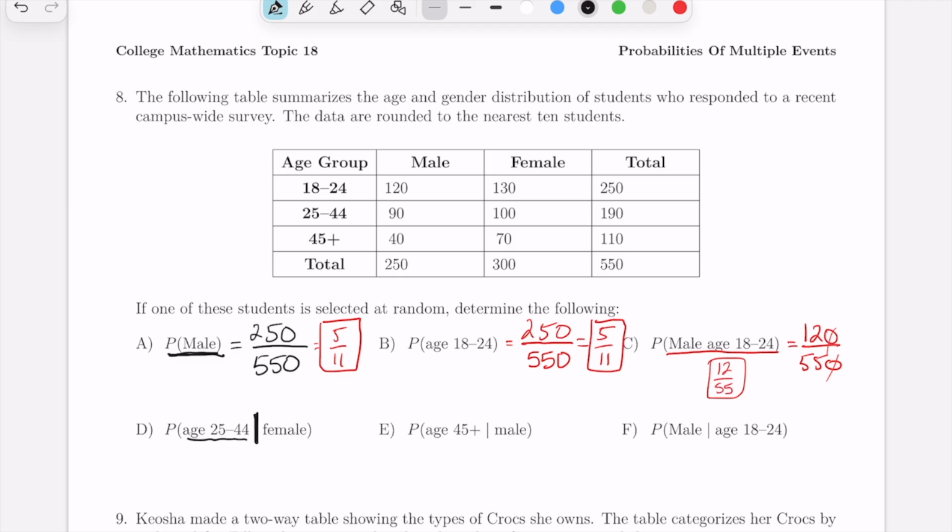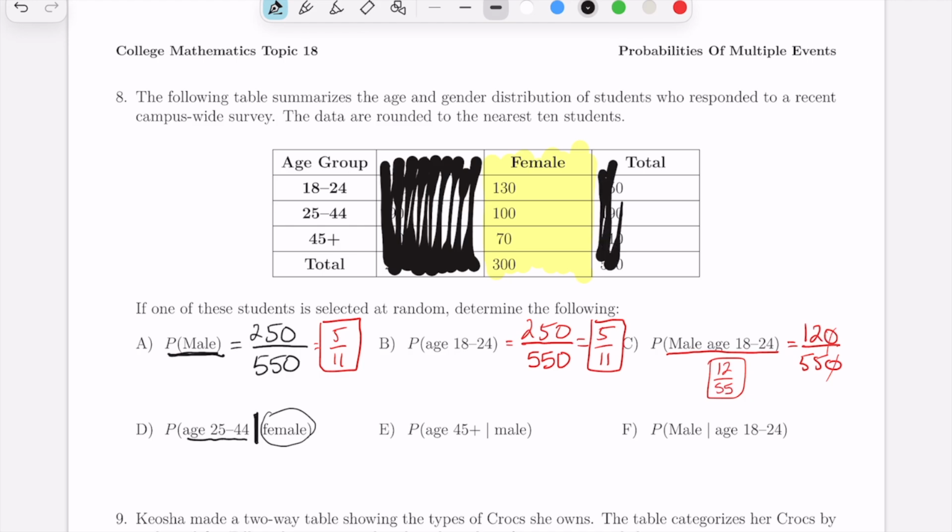The easiest way to do this on a chart like this is to either highlight what you want. Like if I'm only looking at the females, I could do this. But to be very honest, one of the things that I like to do is I just like to get rid of the things that I'm not allowed to use. If it's guaranteed that I've chosen a female and I'm only allowed to look at the females, then I can just get rid of the other ones. I'll get rid of those and I'll get rid of these. That way I don't accidentally use one of those numbers. Now, when I look at this,